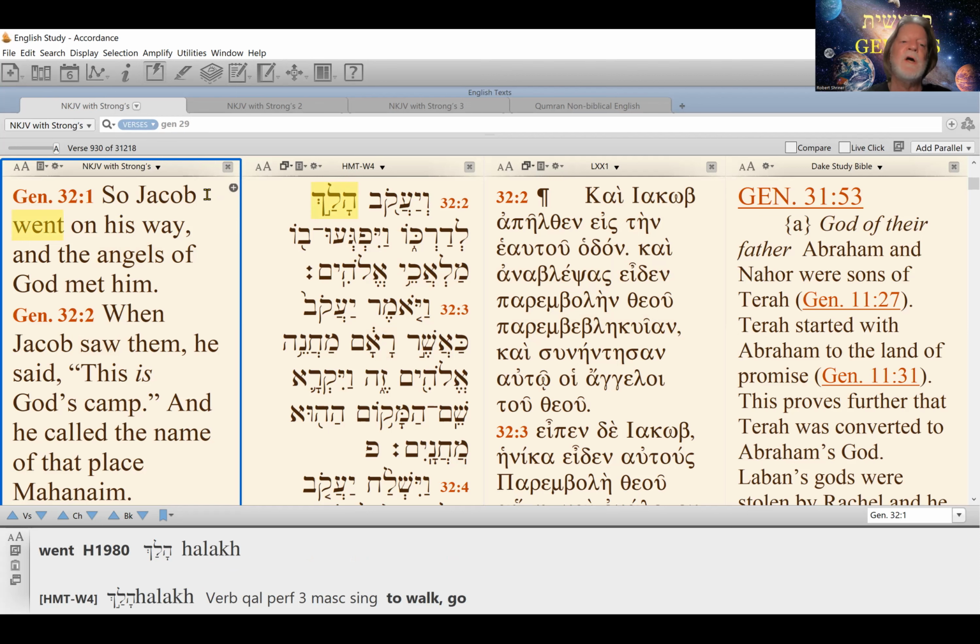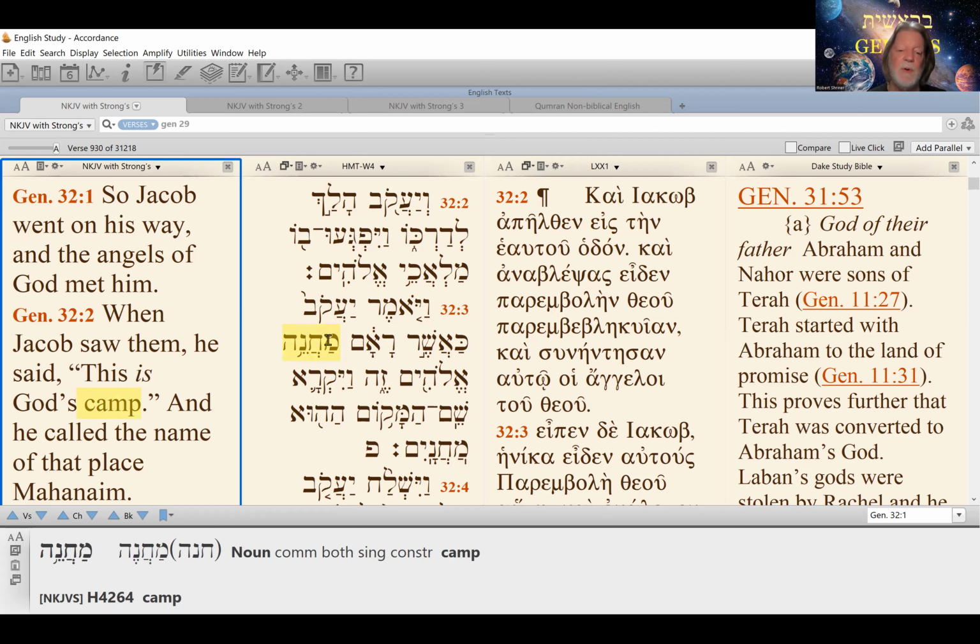So first verse of Genesis 32. So Yaakov went on his way. That would be from Mizpah in Gilead, the mountain range that we showed on the map. He went his way, and the Malachim, the angels of Elohim, met him. When Yaakov saw them, he said, "This is God's camp." And we talked about the word camp,